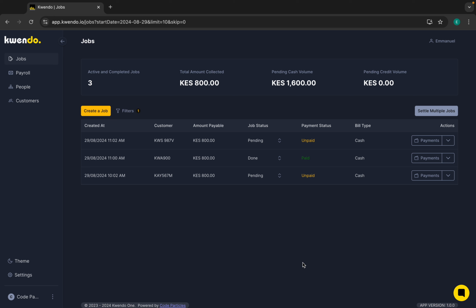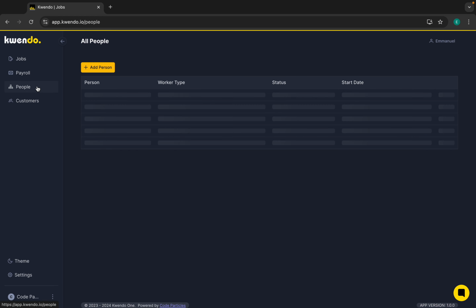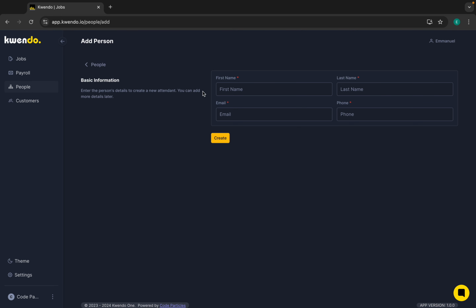But before we do that, I'll create an employee. So imagine you're that employee that I'm creating right now. You've gone to a new car wash. This new car wash is called Code Particles, and you've been granted a job. So whatever I'm going to do is strictly done by the manager. So what a manager does, he will have to add you to the workforce. Maybe that is your name,